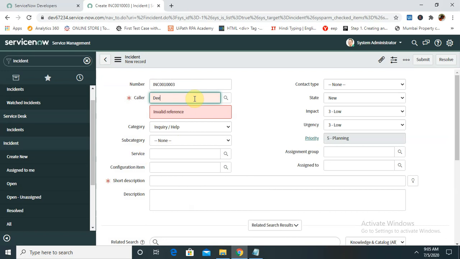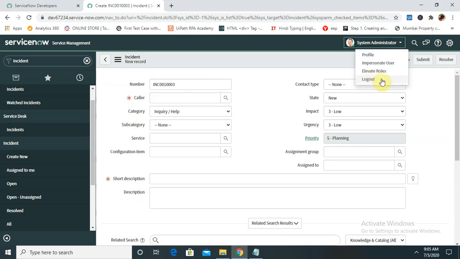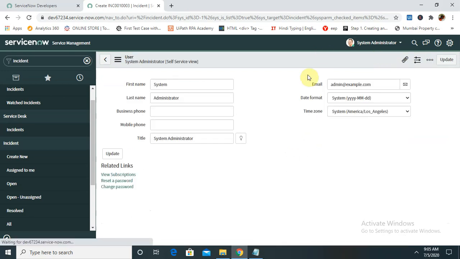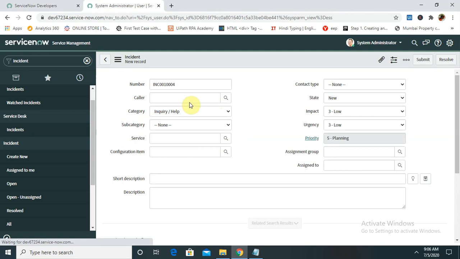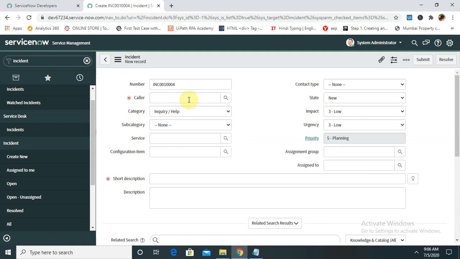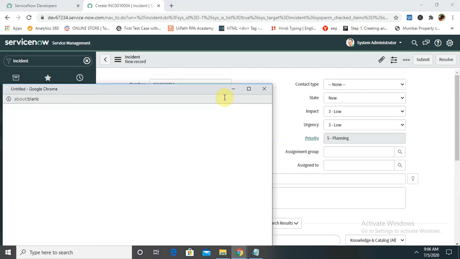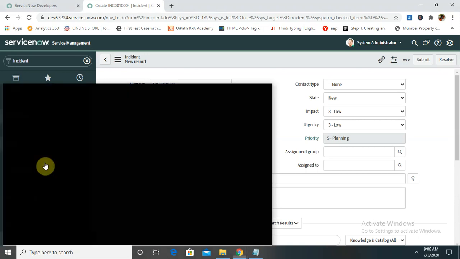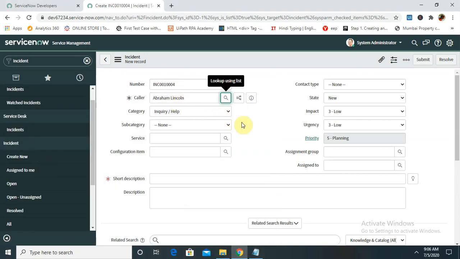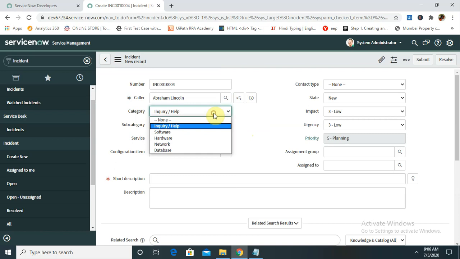Let's create with my ID profile, and first name is system. So let's go back. Now it's changed because someone is using system. You can assign to anybody, just like I'm assigning to him, Abraham Lincoln, and the inquiry.